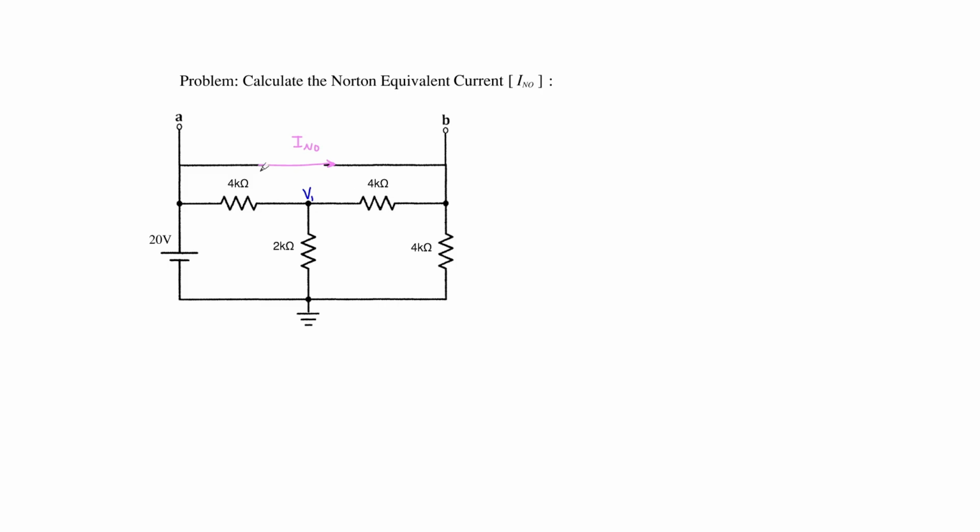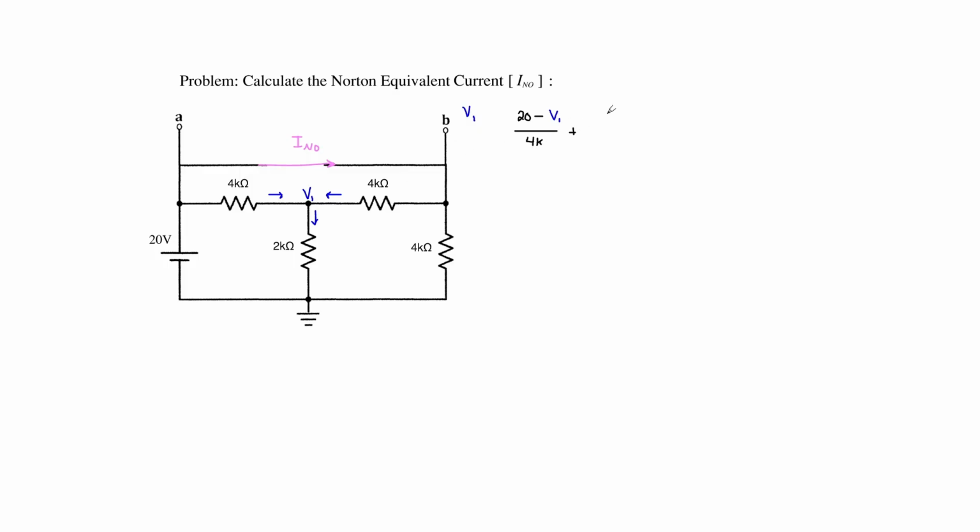It is important to understand that during a Norton equivalent analysis, our terminal A voltage is equal to our terminal B voltage. So, knowing this, let's solve for our V1. Adding up the currents of all three branches flowing in and out of the node, our first branch will have a voltage potential of 20 volts less our node voltage divided by the resistance of the branch of 4 kiloohms